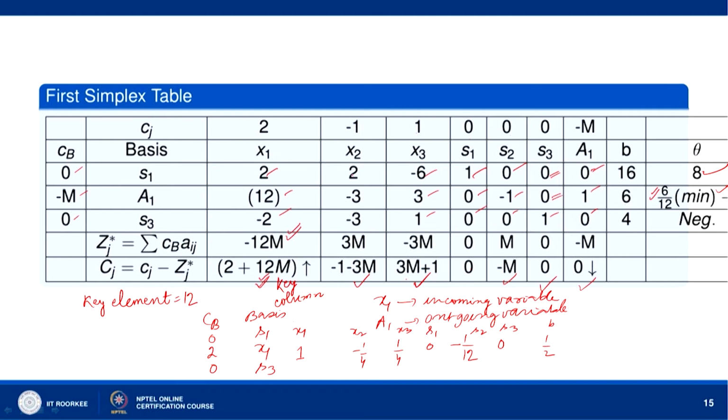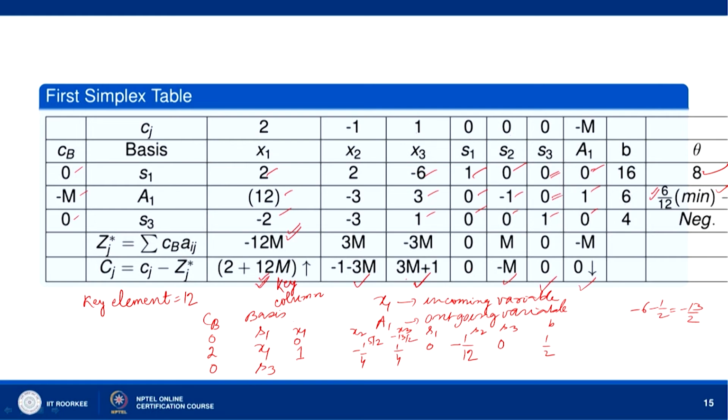Now, with the help of this key element changed to 1, we will make this 0, okay, the first row element 2 in the column corresponding to x1 becomes 0. So, we multiply by 2 and subtract from there. So, we get 0 here, we multiply by 2, we get minus half, we subtract from there. So, we get 2 plus half, so 5 by 2, and we multiply by 2, we get 1 by 2, 1 by 2 we subtract from minus 6. So, we get minus 13 by 2. So, we get here in the x3 column minus 13 by 2, okay.